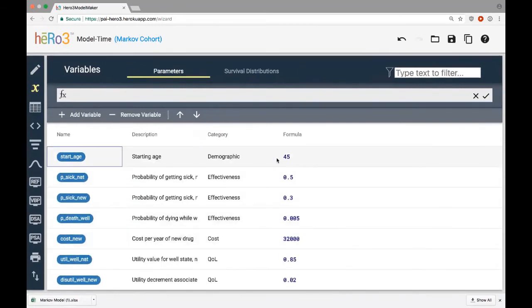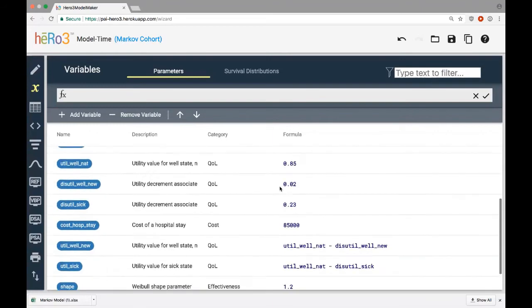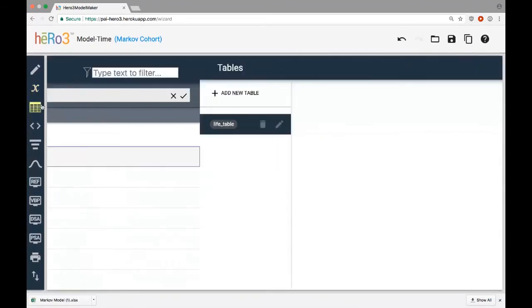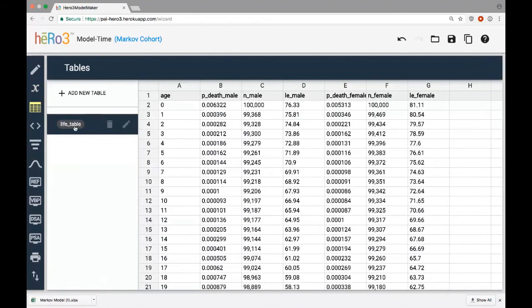So first, we've added a variable here for the starting age for the patient. And so we're assuming that patient starts at age 45. And so that's fine. We've also, in the tables page, which we haven't covered yet, we've defined a table here called life table, which we can reference in our formulas. And this has the age of the patient, the probability of death for a male patient, as well as the probability of death for a female patient. And so what we're going to do is set up the lookup for those so that it pulls the appropriate mortality rate.